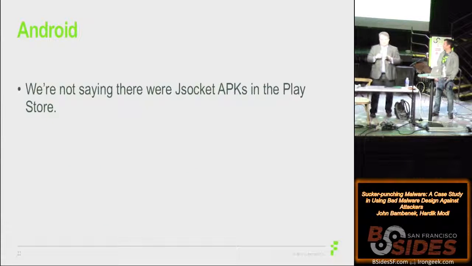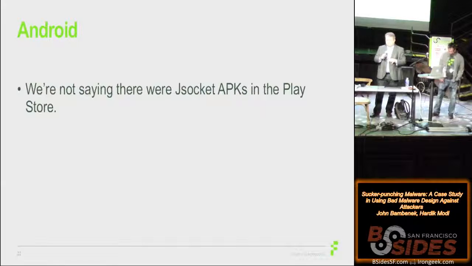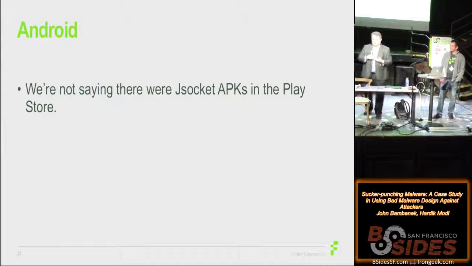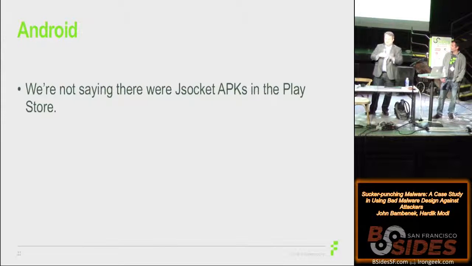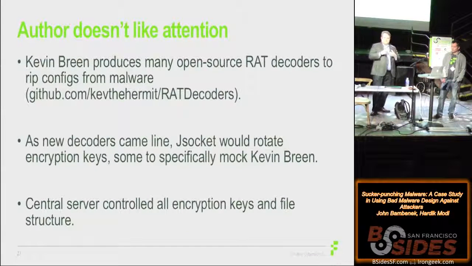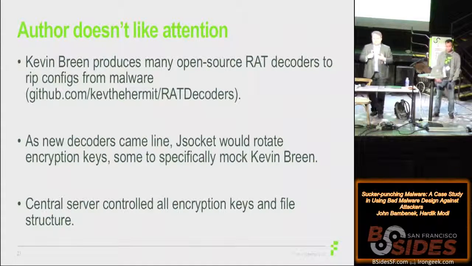So, as an official statement, I'm not saying there were any JSocket APKs actually in the Google Play Store, except that there were, and they were removed, right? So, based on indications of findings, people are using these known certs, signing the things, uploading them to the Play Store. So now there's a little bit more knowledge to prevent that kind of mechanism from happening. The last mental psychological aspect I want to talk about is that the author himself really didn't like a whole lot of attention, right? He was aggravated about our Alien Spy post.